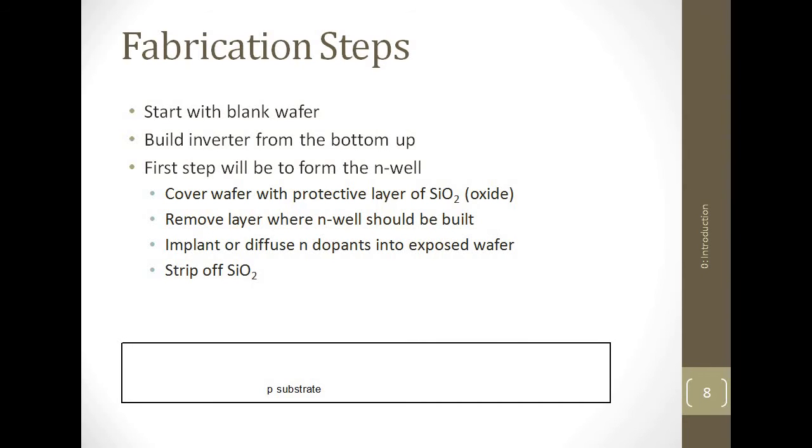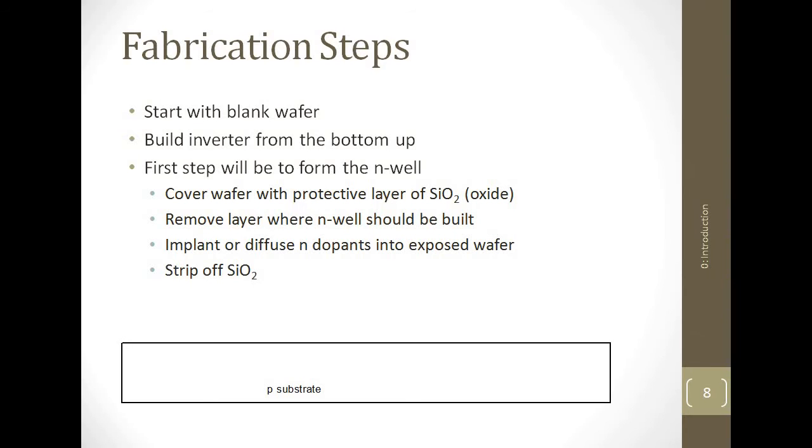Actually, CMOS fabrication steps are basically categorized into three categories: N-well process, twin tub process, and silicon on insulator process. Amongst these, which I am showing you is the N-well process. N-well, twin tub and SOI. Among that I will be showing you in this video the N-well process. So let's move on to the fabrication steps.